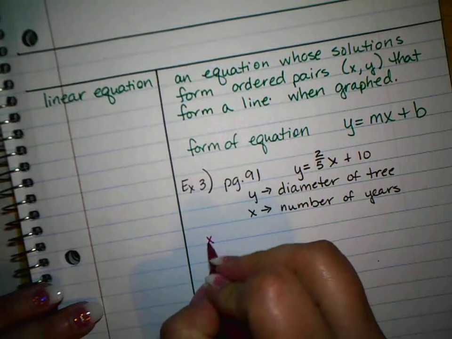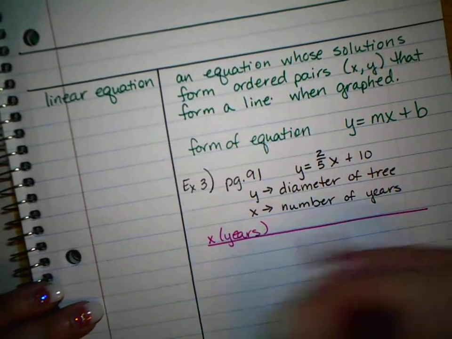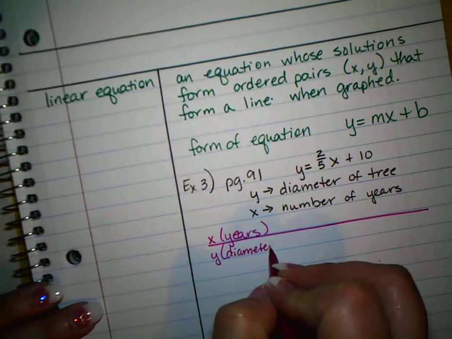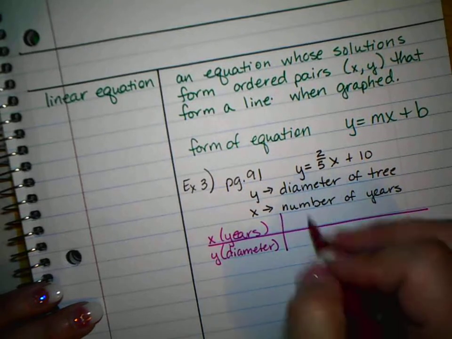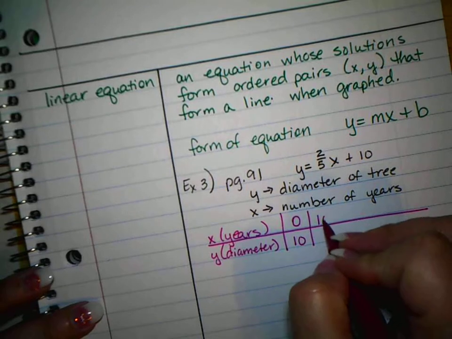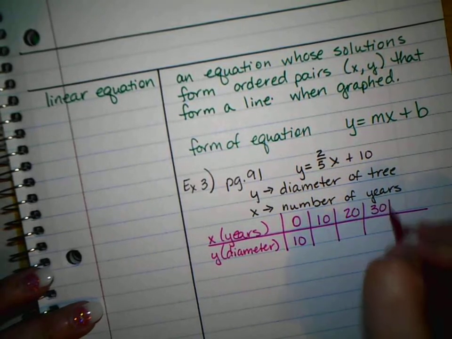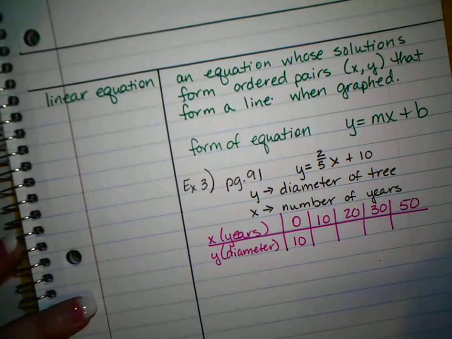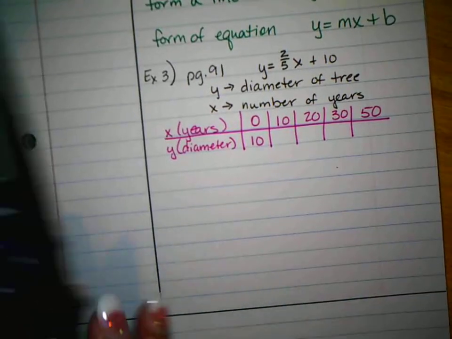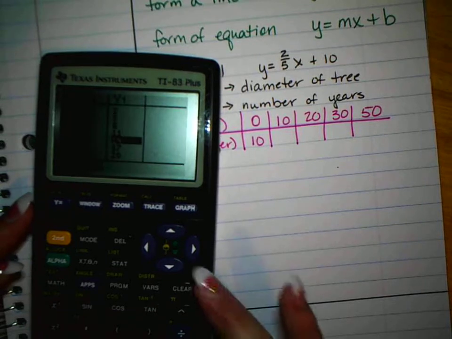So x is the years, y is the diameter, and again at this point I would probably pull out my calculator and not do this by hand. And the easiest way to do this again